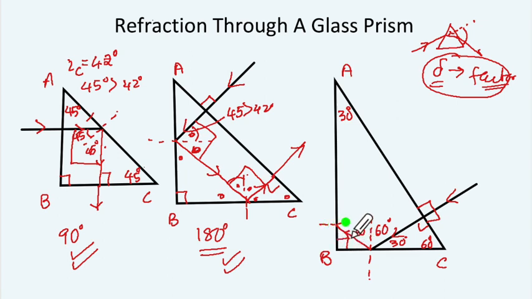And then again, if you draw the normal, this angle is going to be 30 degrees, this angle is going to be 60 degrees, this angle is going to be 30 degrees, and this 30 degrees is less than 42 degrees, so there will be no total internal reflection taking place. So if it had to go like this, it will turn away from the normal, and this angle is going to be greater than 30 degrees. Alright, so this is the complete diagram.